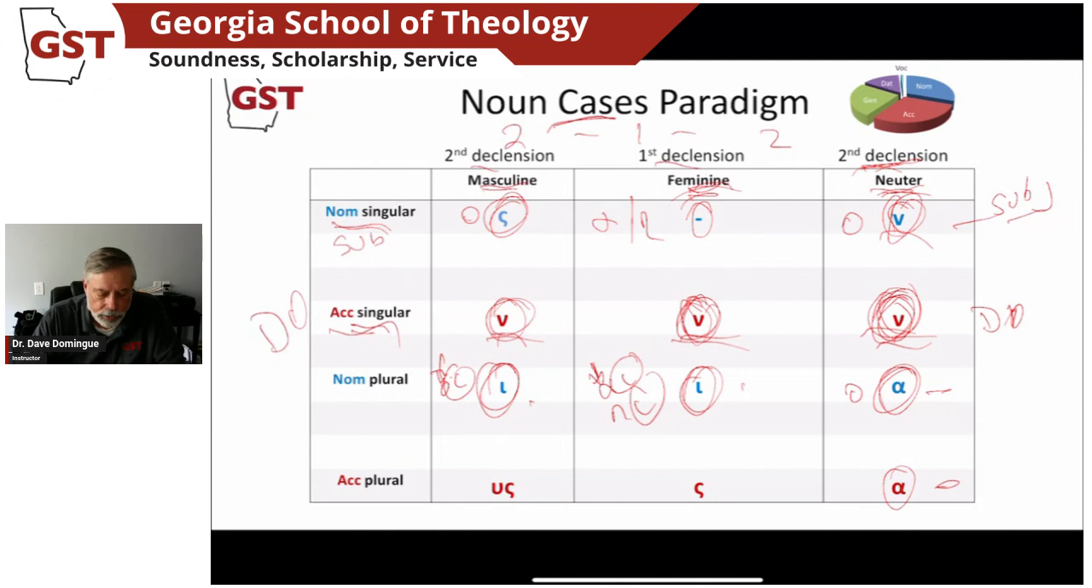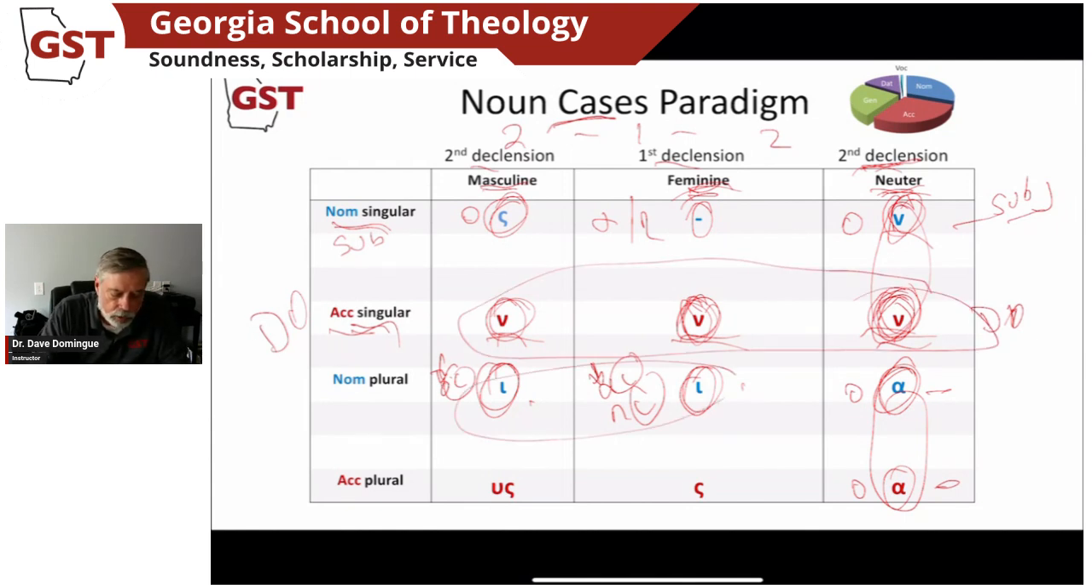We'll learn to differentiate that later. So also the omicron connecting vowel. So we see another pattern here, another pattern here, another pattern here, and a few others right here. And then we're seeing the accusative plural for second declension